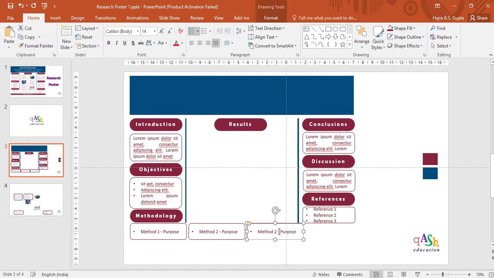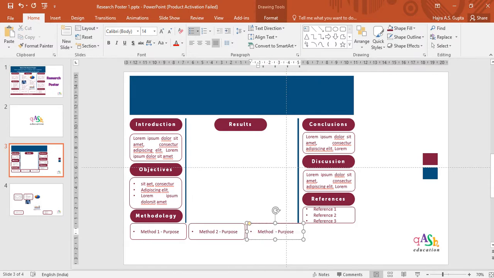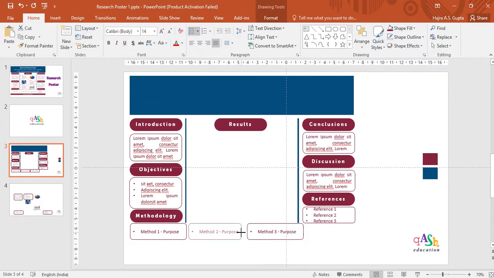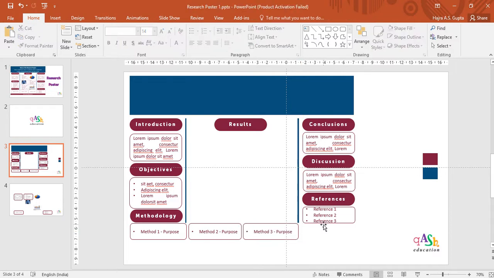So different methods with their purpose or what each of them have yielded you. Now you have the small space empty, you can see after the third method box. Now if you have more methods, you can add the fourth box in this space, but now I don't have, or you may not have also.